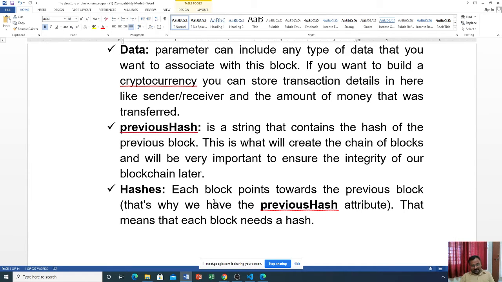That means each block has one hash, and if there is another block, you can join it using the previous hash. A hash is nothing but a string that contains numbers and small and capital letters in combination.